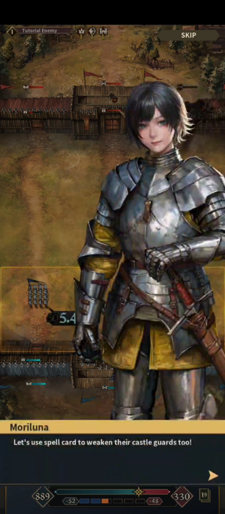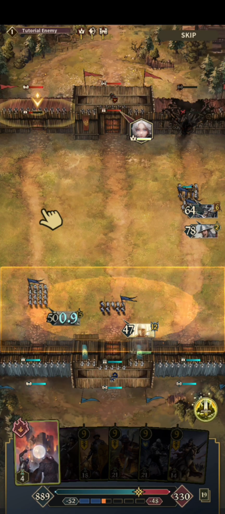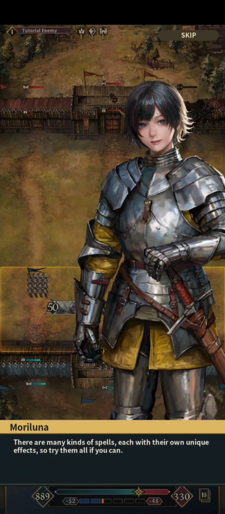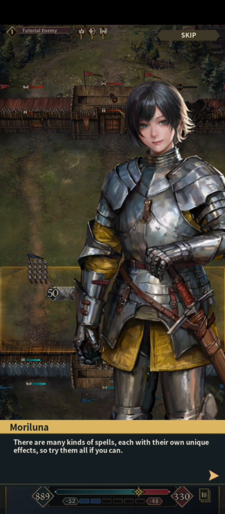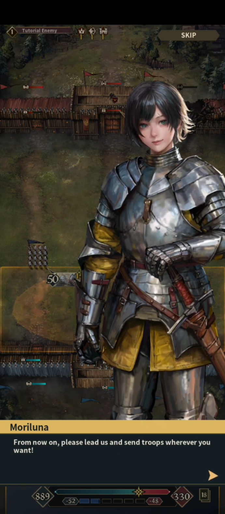Let's use a spell card to weaken their castle guards too. There are many kinds of spells, each with their own unique effects, so try them all if you can. From now on, please lead us and send troops wherever you...